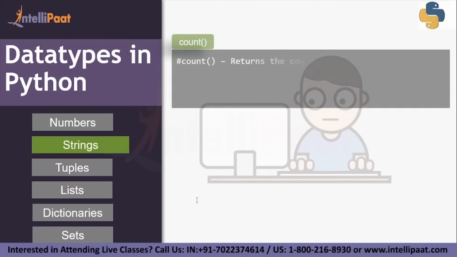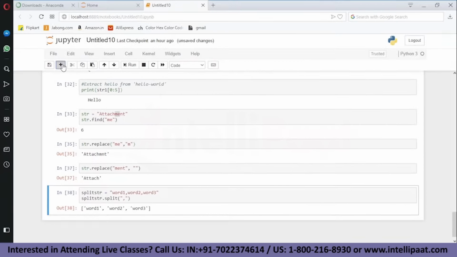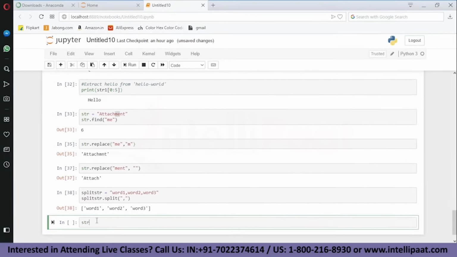Next is the count function. Well, count function returns the count of the character in the string. For example, let's take a string as